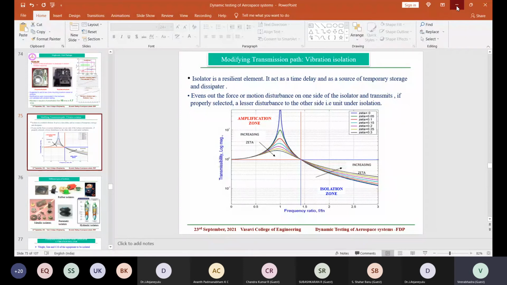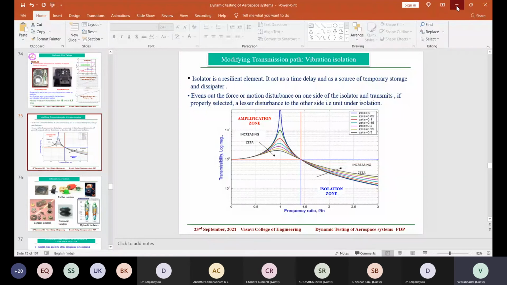Yes, we are using them. In some systems, some sensors already have an isolator inside, and because that isolation is not effective, we use another stage of isolation externally. That is an isolator inside another isolator. Two stage and three stage are available in a number of cases. When the isolator efficiency for a given input is not sufficient, we use another stage. I will tell you another case also.